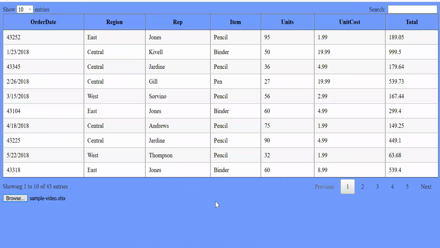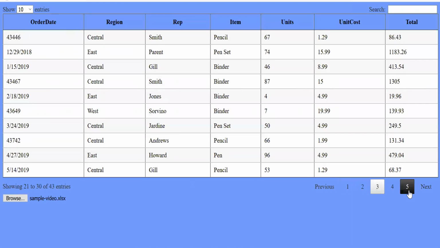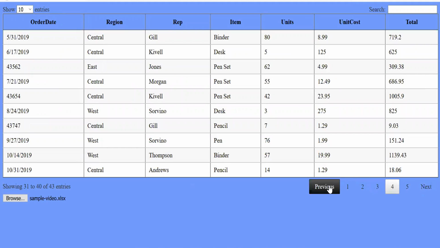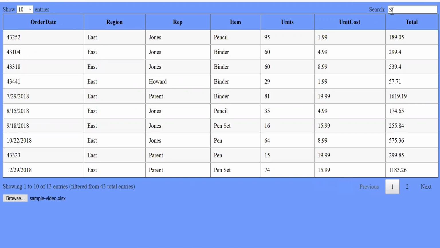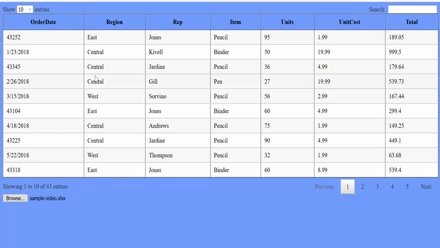And you can see how the code which I just showed you converts the data from the spreadsheet into a data table. And with the data table, you can have multiple pages. You can have the navigation buttons. You can search the data based on the letters. So these are all the properties which the Bootstrap data tables enable and give you the facility to